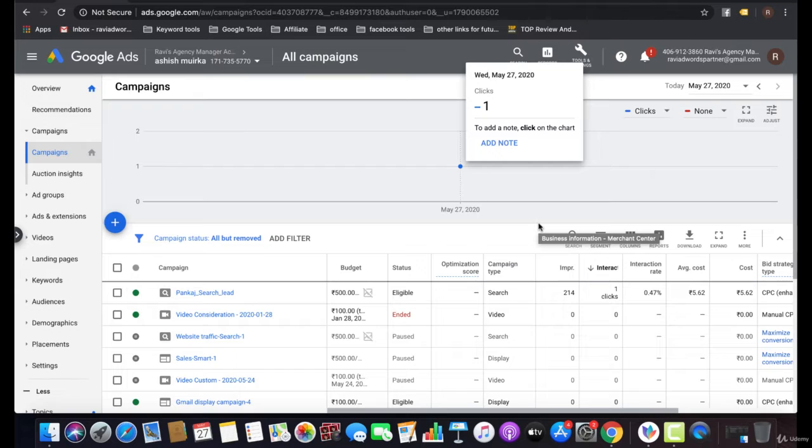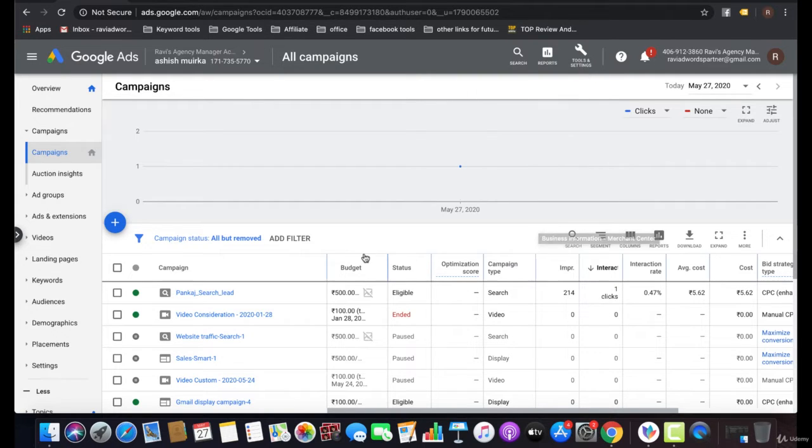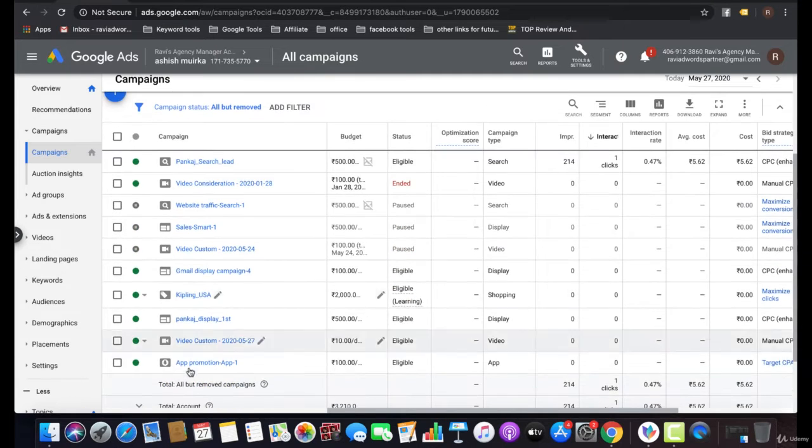First one is that you can optimize your campaign at the daily level. You can check your campaign, your search results, and your keywords, and you can add negative keywords daily, in the morning or in the evening after running your ads, or before running your ads. You can also set up automatic rules. I'm going to tell you how you can do that.